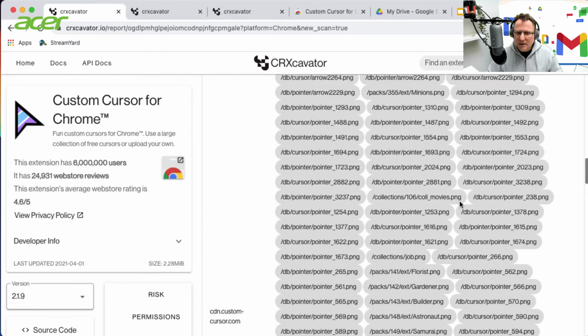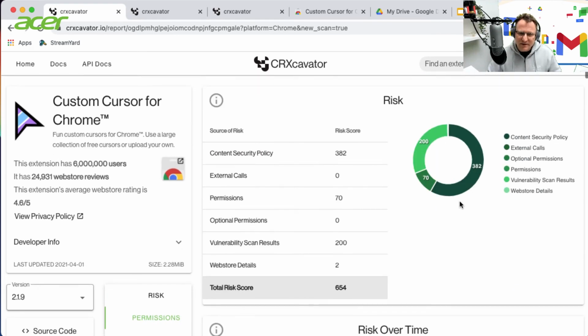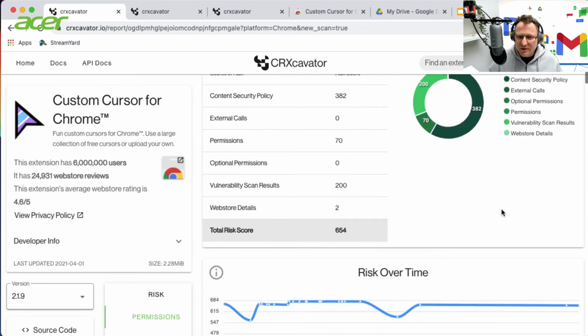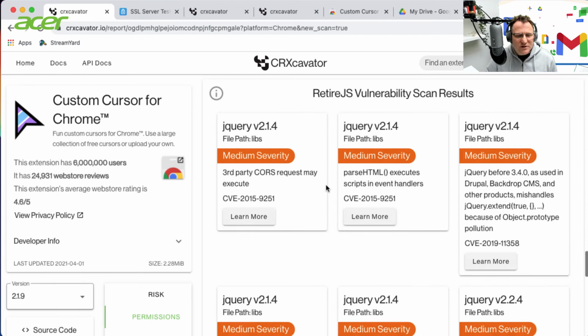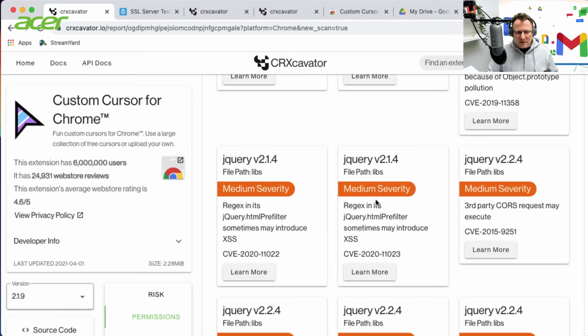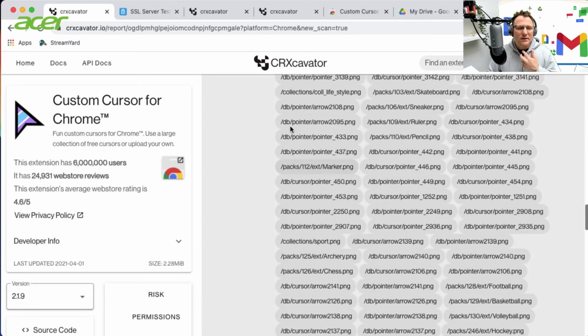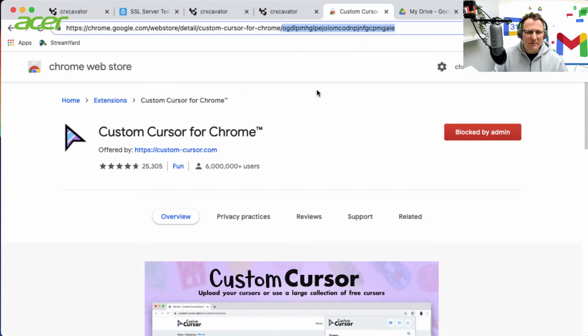So that's something, if you've got an enterprise, this is something that I would be concerned about because of the potential vulnerability. In terms of a security review for this app, this is definitely not something that I would be rolling out. So let's go and have a little look at something else that maybe is a bit more